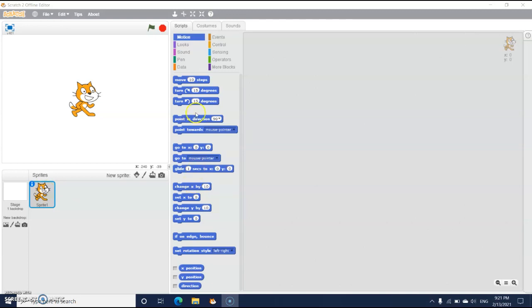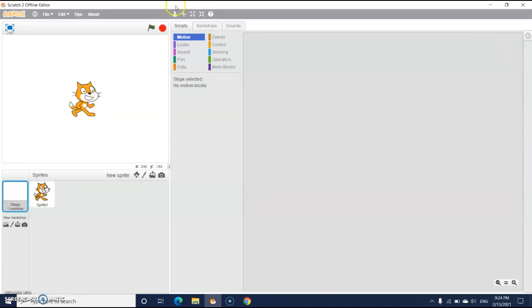Blocks palette. Blocks palette contain various predefined blocks that are used to perform specific tasks. Script area is a place where we pick and drop the blocks to create a script. Stage icons are present at the left of the sprite list. Clicking on this button will add a backdrop tabs in the place of costumes tab.